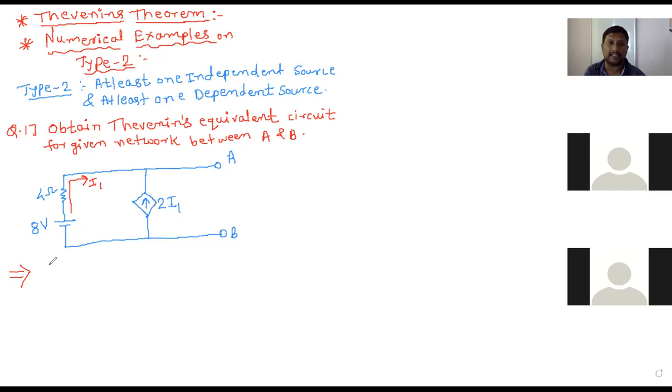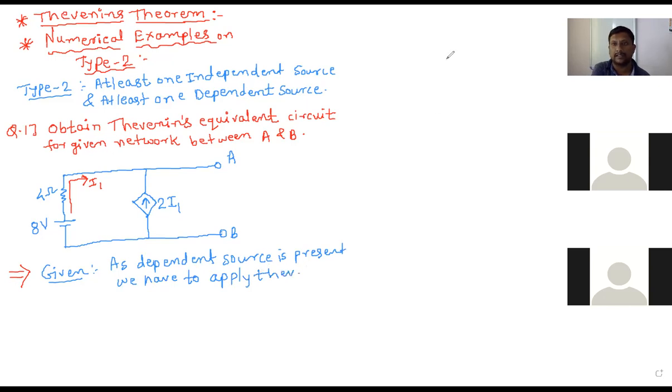Okay. मग आपल्याला काय यूज करायचं आता? Given, we can write, as dependent source is present, म्हणून कारण एकच आहे. As dependent source is present, we have to apply Thevenin's theorem to find out the following. To find out first one, VTH,